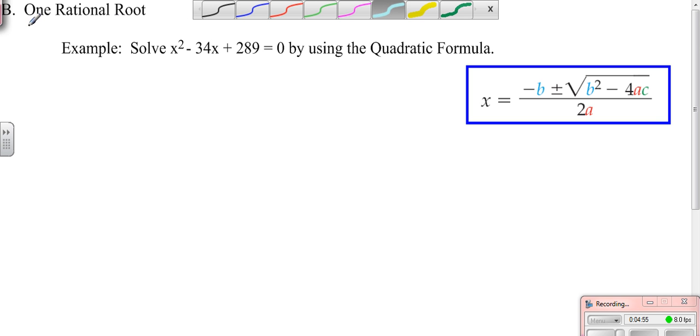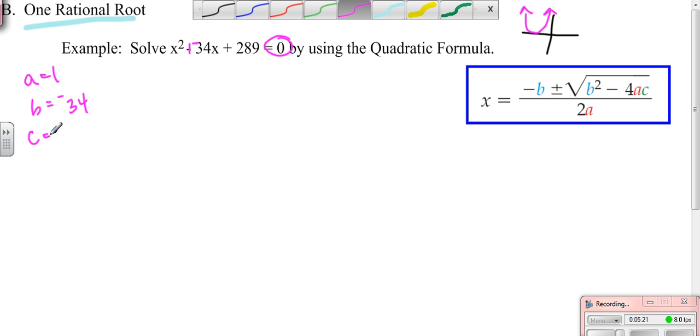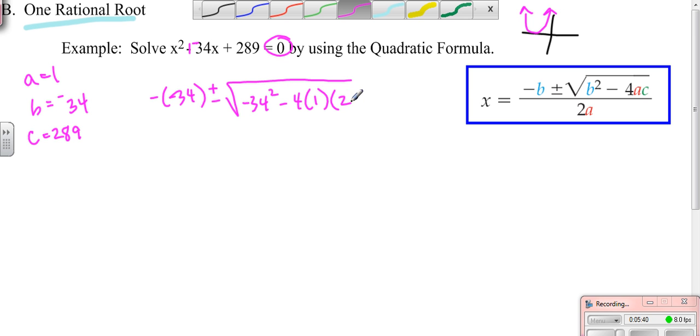Now, what can also happen is we can end up with one root. So remember, in your picture, that means that something, open up or open down, like that, is going on. So I check, I'm equal to 0, so I'm good to go. A is 1, B is negative 34, C is 289. So to my formula, the opposite of B plus or minus the square root of B squared minus 4 times A times C